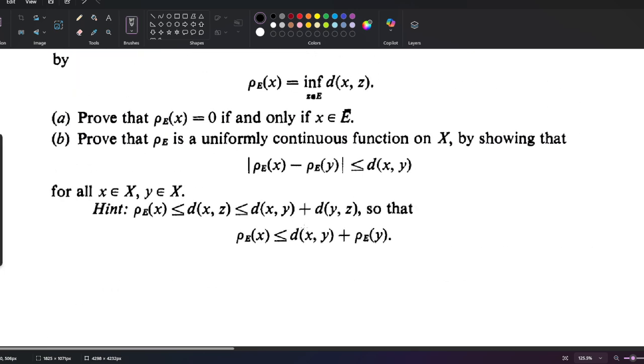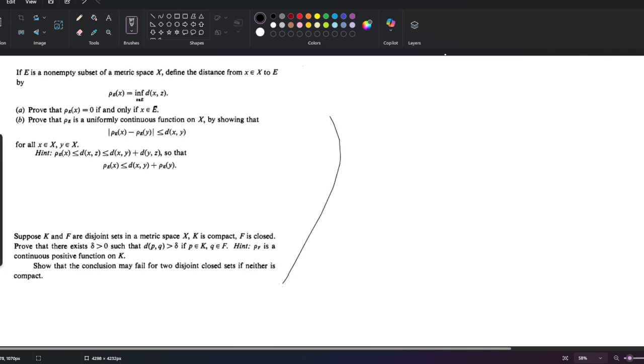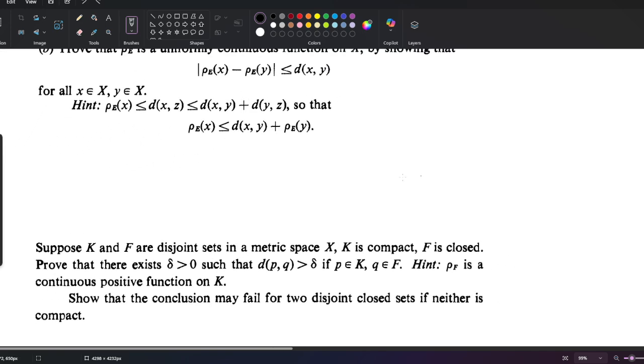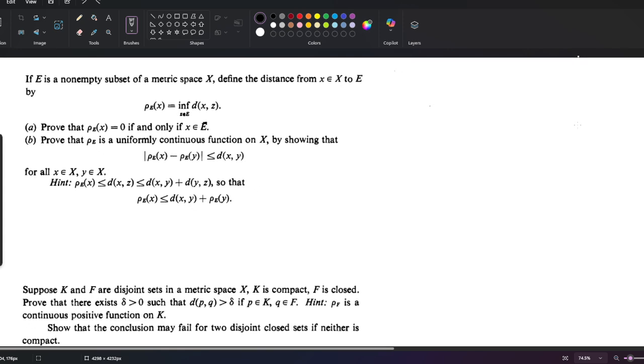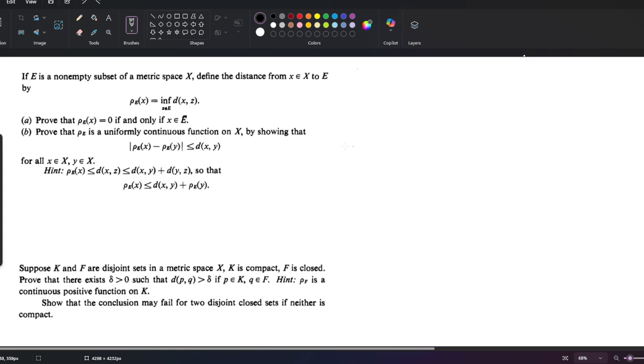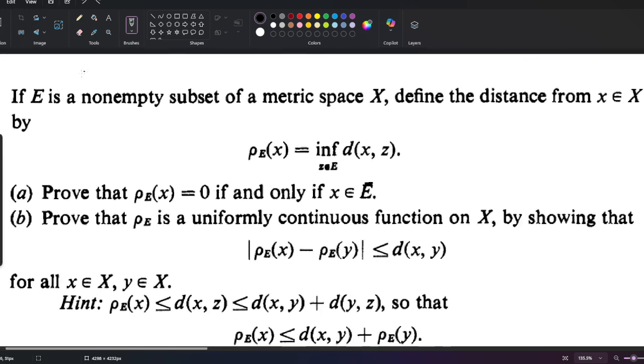Hello, today we have this problem. It's technically two problems in the textbook, but I think they're way too related to separate them into different parts. Plus, I want to move on to the next chapter, next video. So yeah, let's begin. So we have a non-empty subset E,